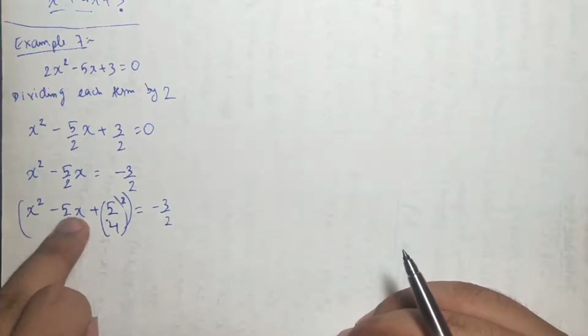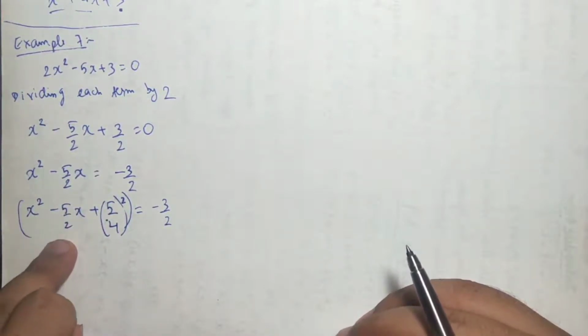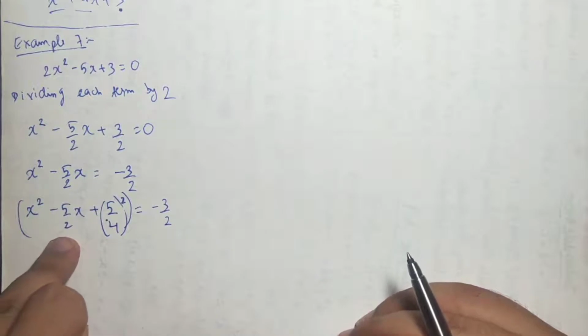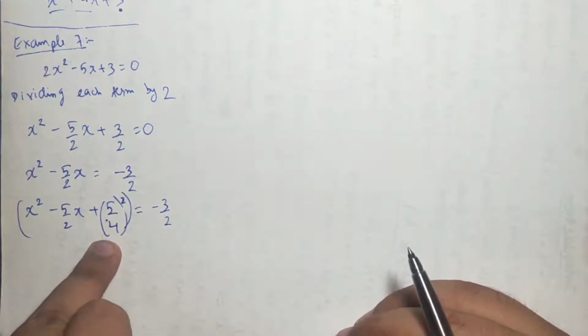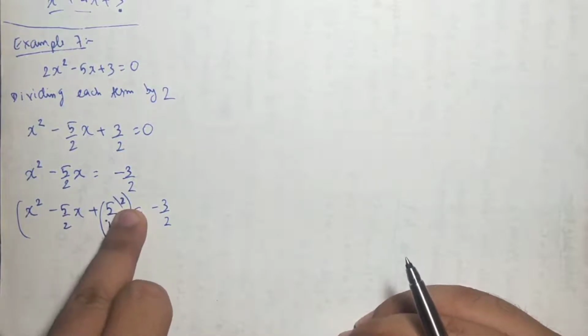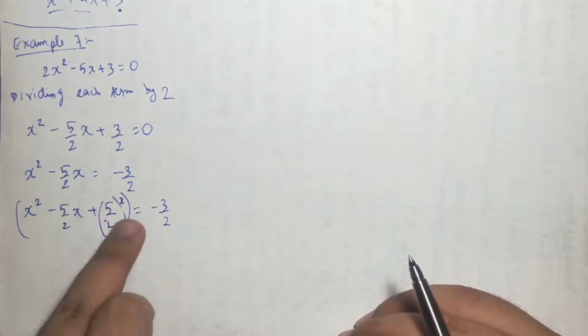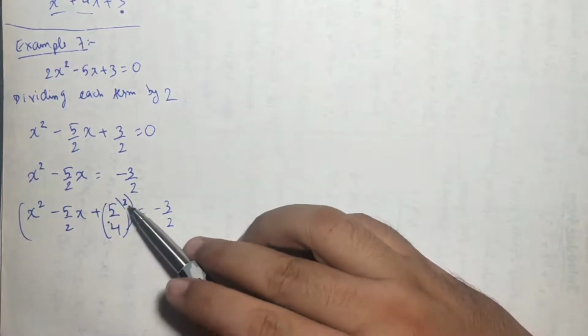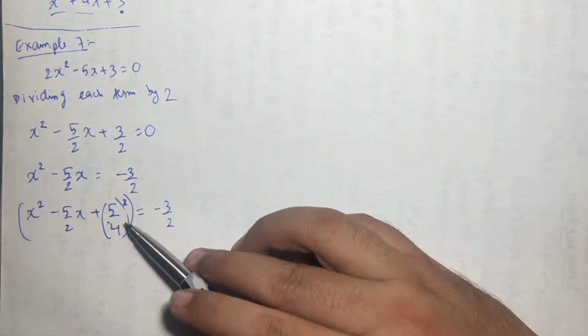Don't see the minus sign. Just see the coefficient of x. That is 5 by 2. Multiply the denominator of that coefficient. Keep it 5 by 4, and keep a square sign over it. Can you see that square sign? This term, 5 by 4 the whole square, has been added